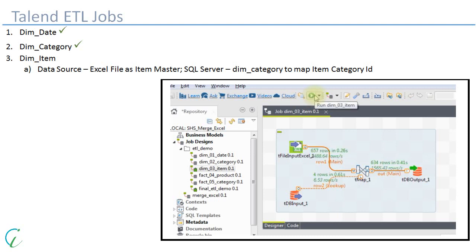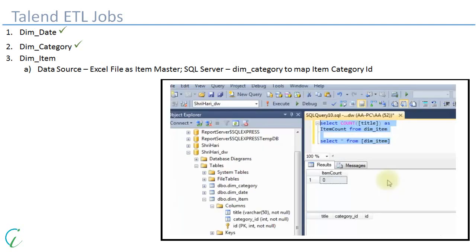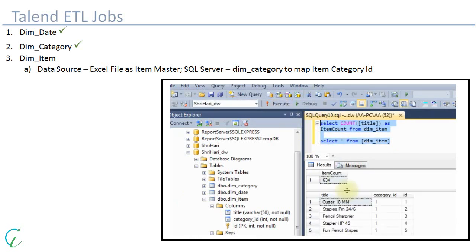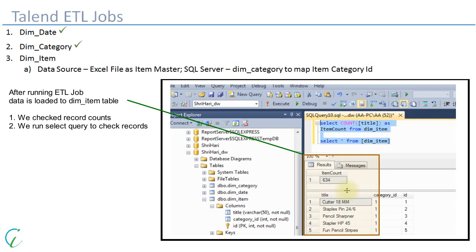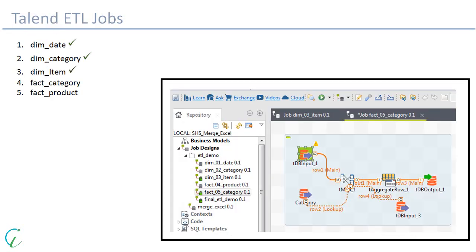Okay, the job is processed successfully. Let us cross-check the data warehouse and we can see that the dim item table is populated properly. So all 3 dimension tables are generated properly.